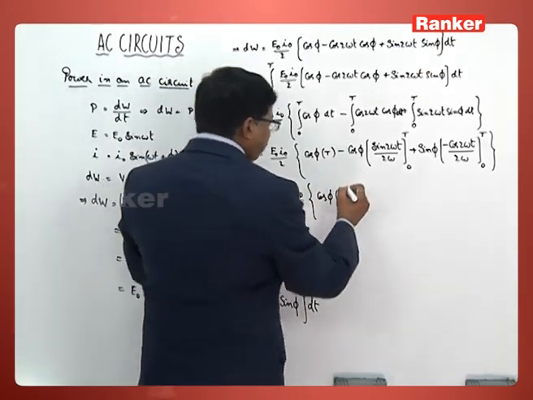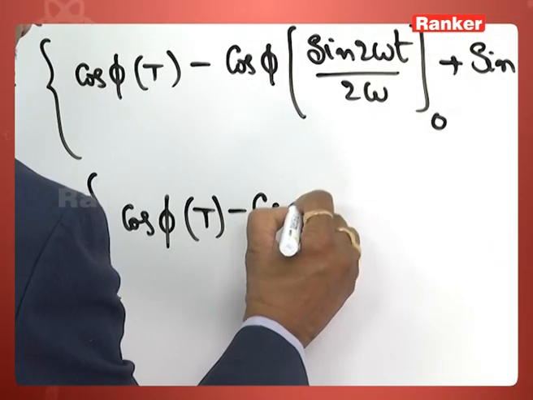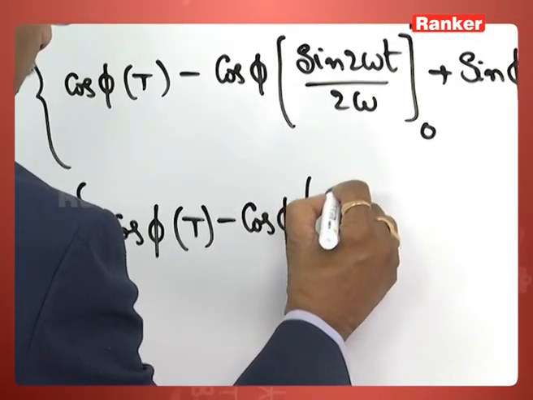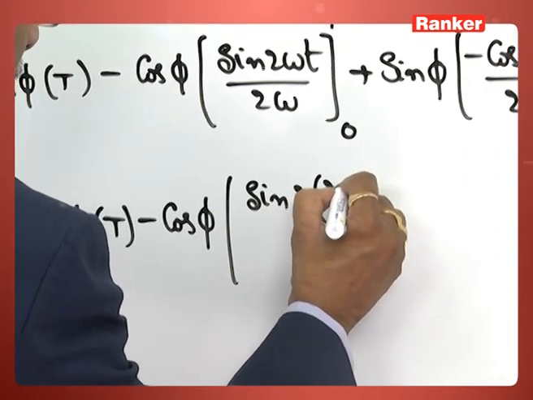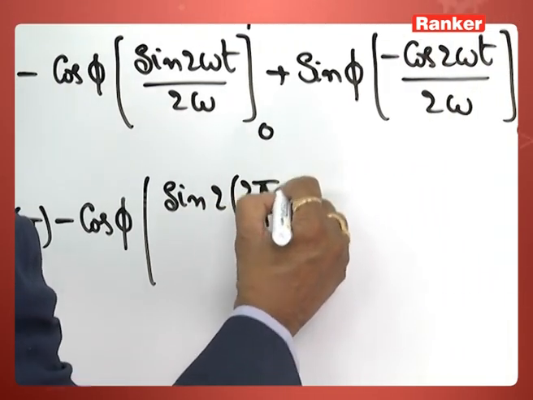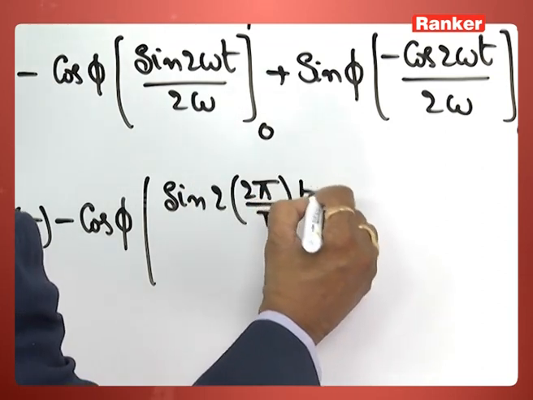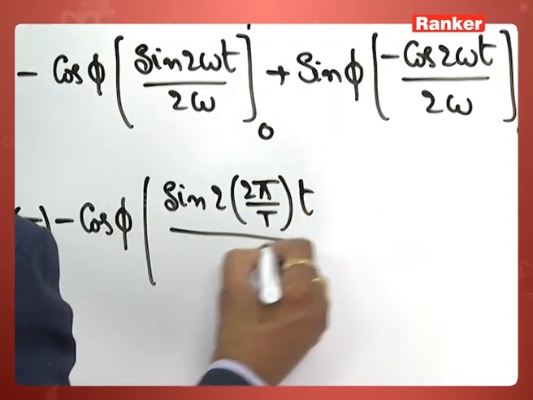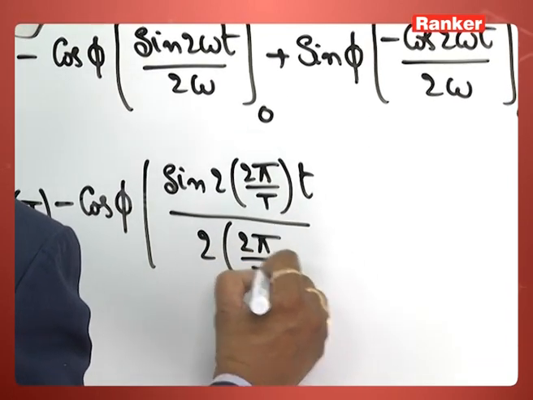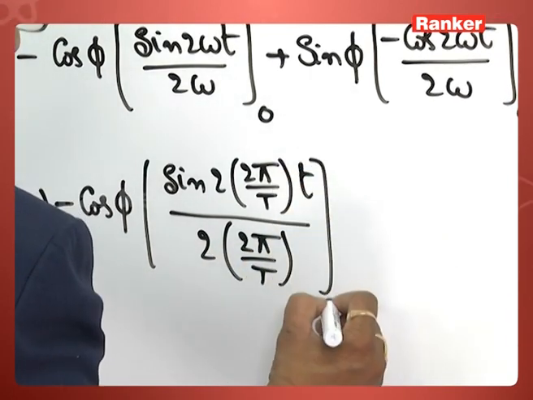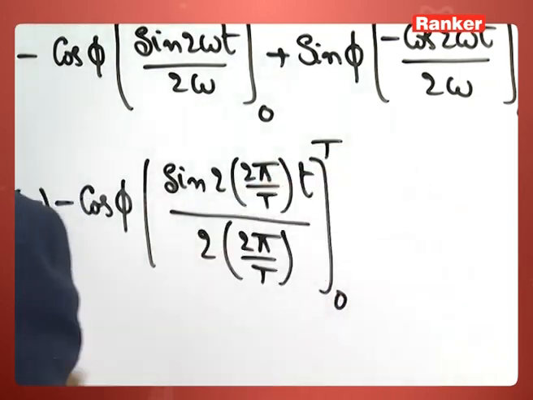Now we can rewrite the same this way: cos phi sin of 2 into 2 pi by capital T into small t by 2 into 2 pi by capital T between the limits 0 and t